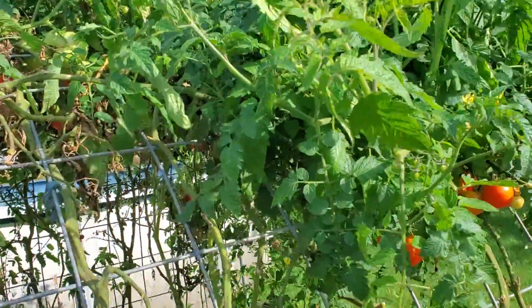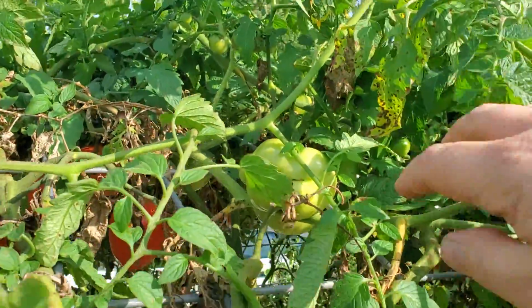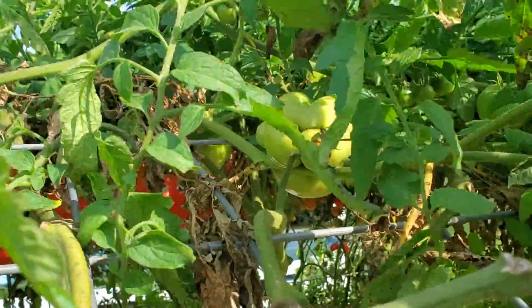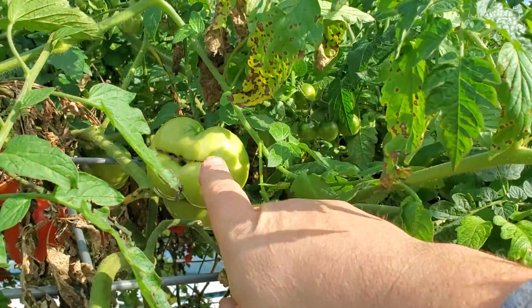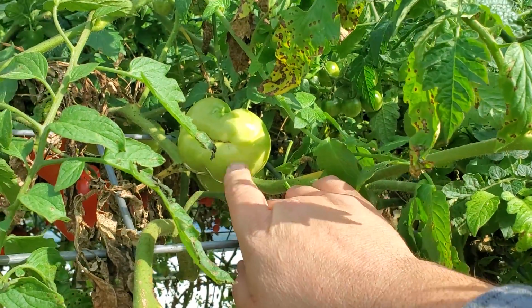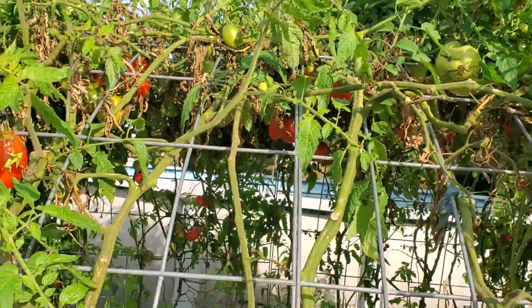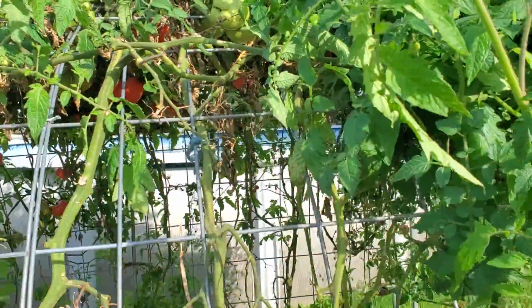But all in all, see, here's some of those big tomatoes from the other side. Of course, this is in the fall, so they don't get near as big. But that is some of the mortgage lifters that I planted on the other side. And now they've grown over here. I got this late blight